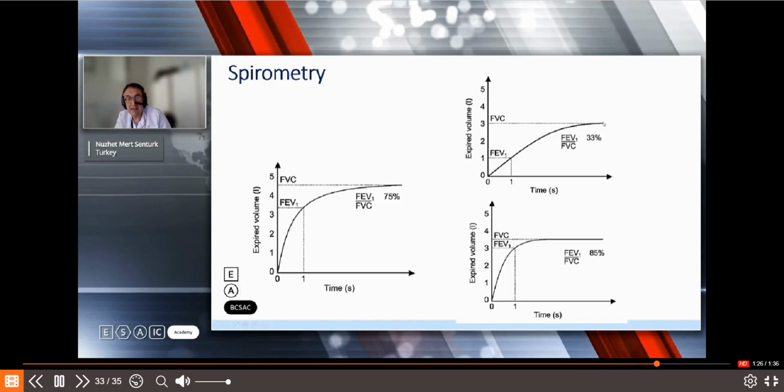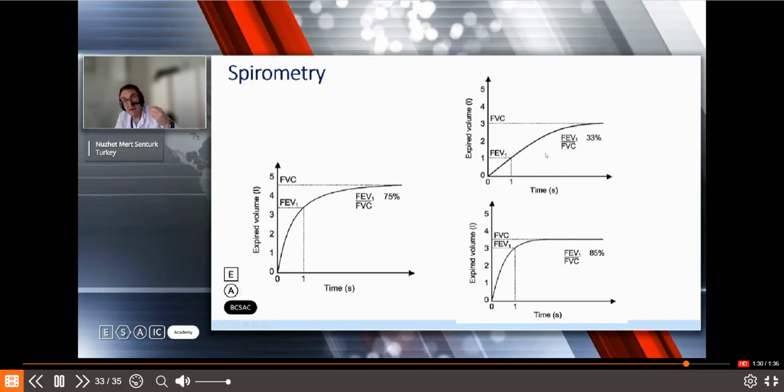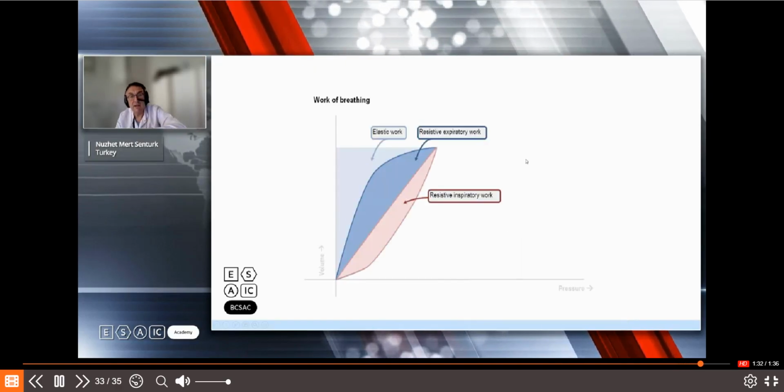A decrease in this ratio would speak for a problem in the airway and for an increase in the